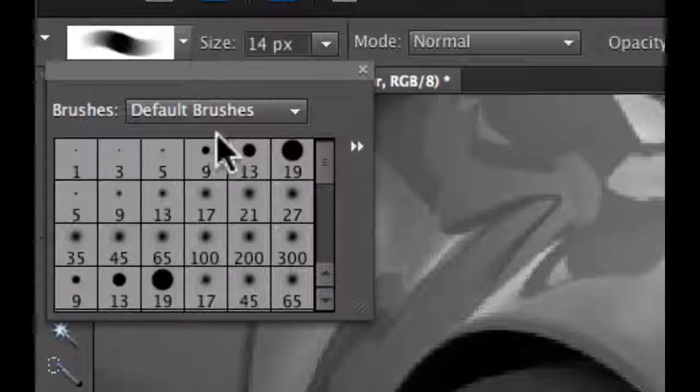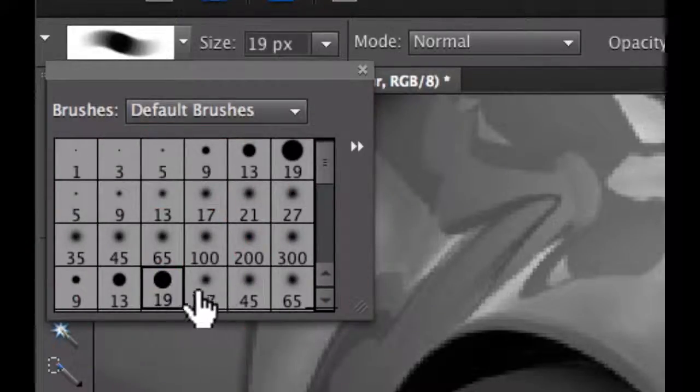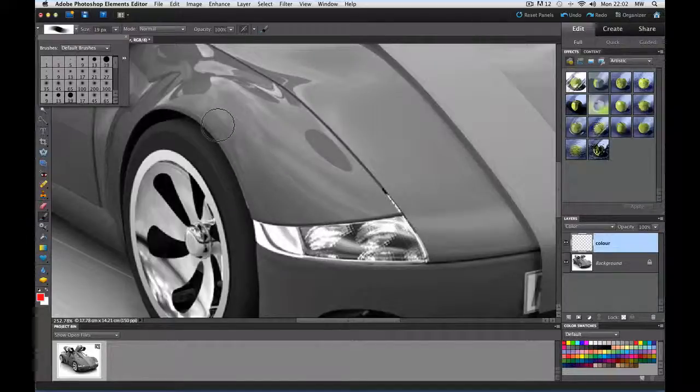And when you're painting something in, you probably have to change it as you start to paint. Also up here in the paintbrush defaults, we will select a hard brush. You can select 19. Hard brushes have hard edges, and soft brushes have soft edges, depending on what you're painting. But here we want a nice sharp line, so we're going to go for a hard brush. Now if we click the mouse and start to color in,